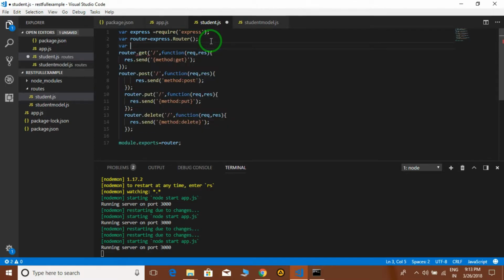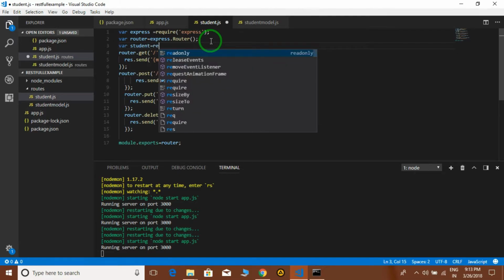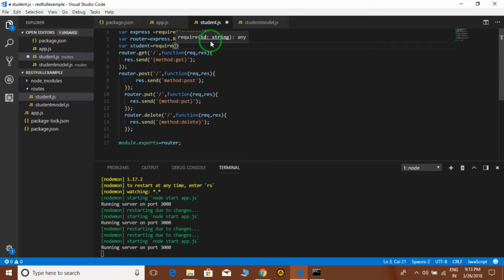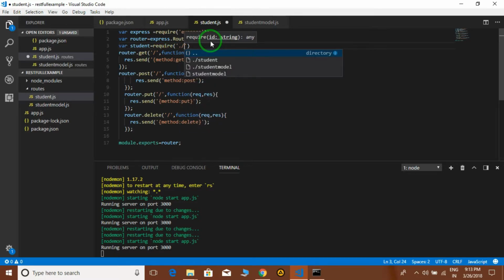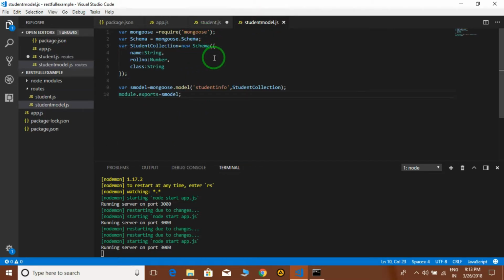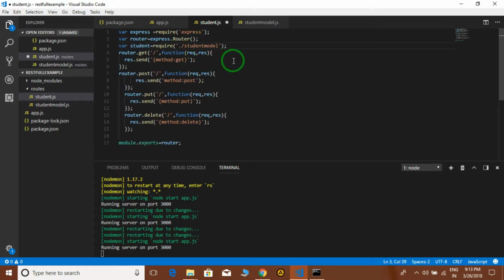So student, with the name of student we will handle this, and here we have to give the name of the file. The name is student model. This file has the schema, and this file we are using here.